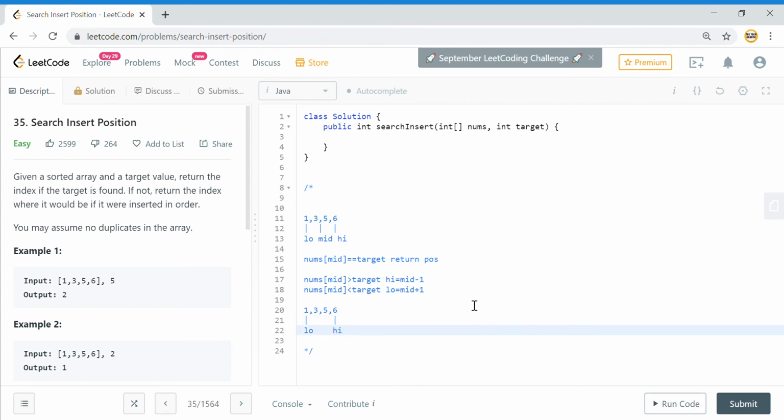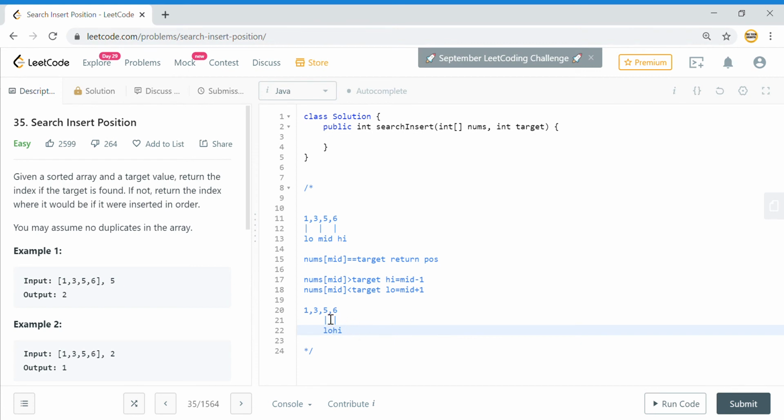I need to look for 4, so I will come till this midpoint. I will see that the mid element is less than my target element, so I will increment my low, and my low will come here.